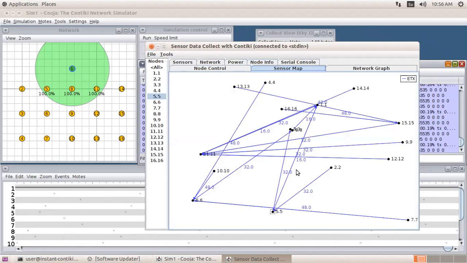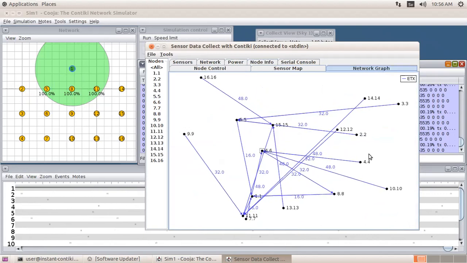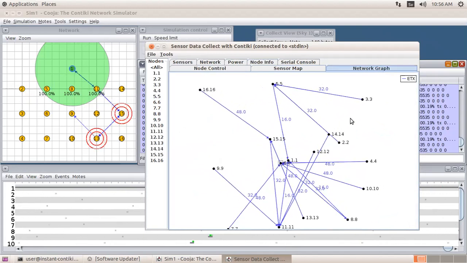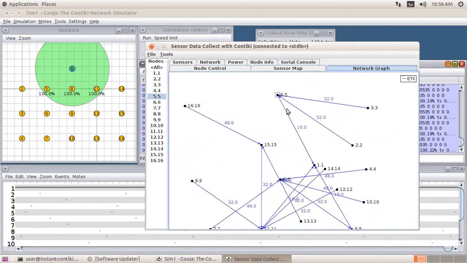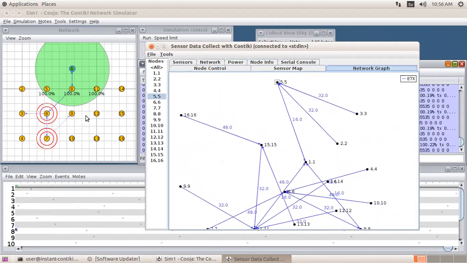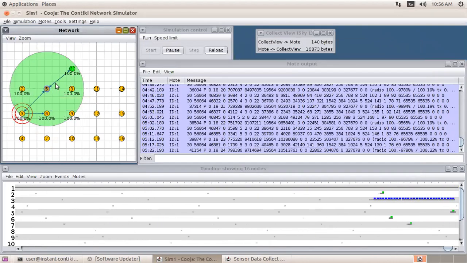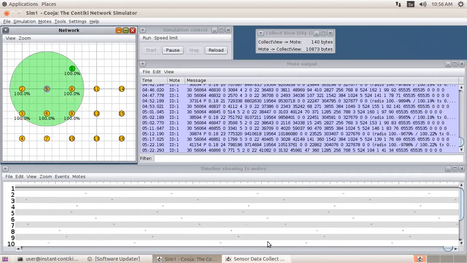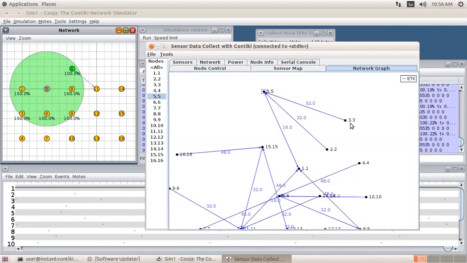And this is the semantic view. You can see the view of this network, and this is how the nodes are connected with each other. If you observe node 5 over here, which is closer to the sink node, it is acting as an intermediate node for node 2 and node 3.